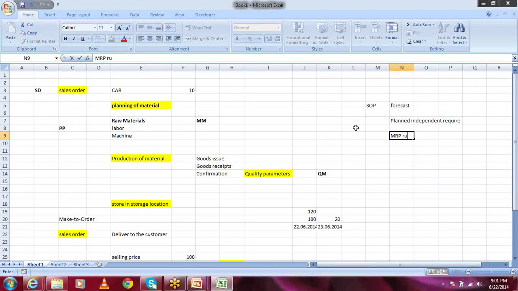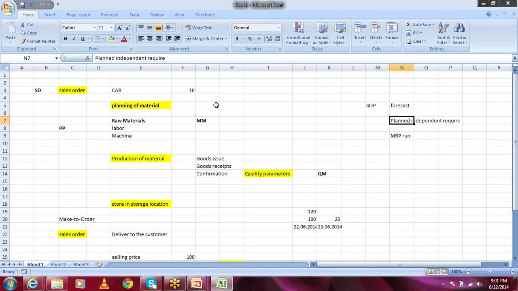What do you mean by planned independent requirement? It means you assume there is a production capability to support the sale of that much quantity. A planned independent requirement is not dependent on anything, but you are projecting that there should be some demand in that month or on that date. So it is not from the sales order.